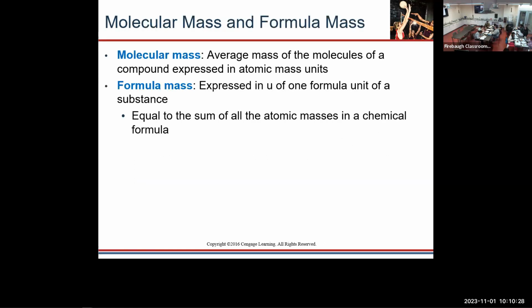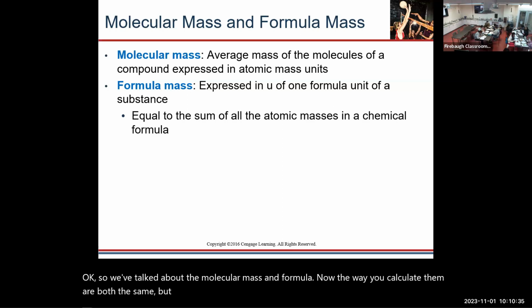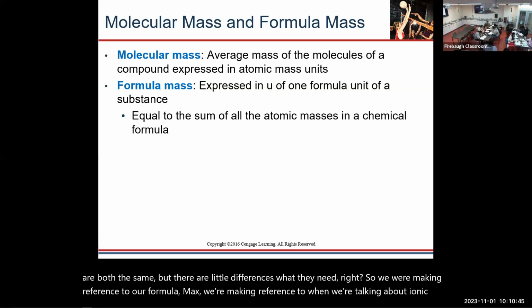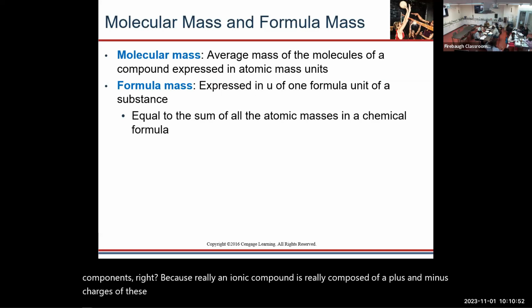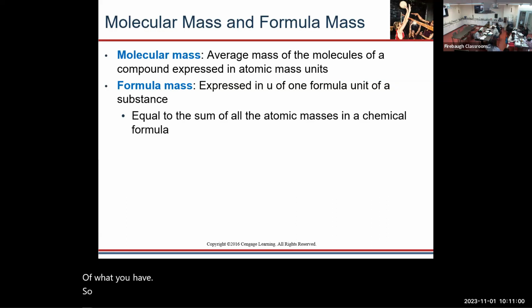Okay, so we've talked about the molecular mass and formula mass. Now, the way you calculate them is the same, but there are little differences in what they mean. When we're making reference to formula mass, we're talking about ionic compounds, because an ionic compound is really composed of plus and minus charges of these atoms. So for instance, if we're talking about sodium chloride,